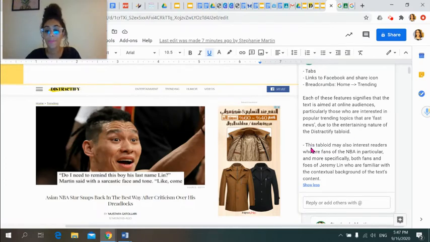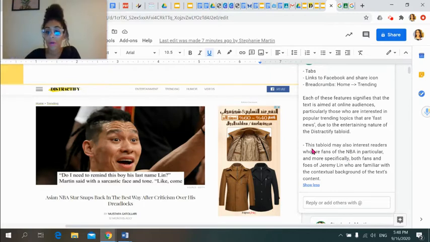It is a tabloid, and I know it's a tabloid because of a couple of things. Number one, there's lots of images, there's big text. The language, as you go through, you'll see there's quite a lot of colloquialisms and informal language. And there is a little bit of sensationalism there as well. And those are all features of a tabloid. Now, it's not just a tabloid, it's an online tabloid. And I know that because of the textual features that I've just gone through